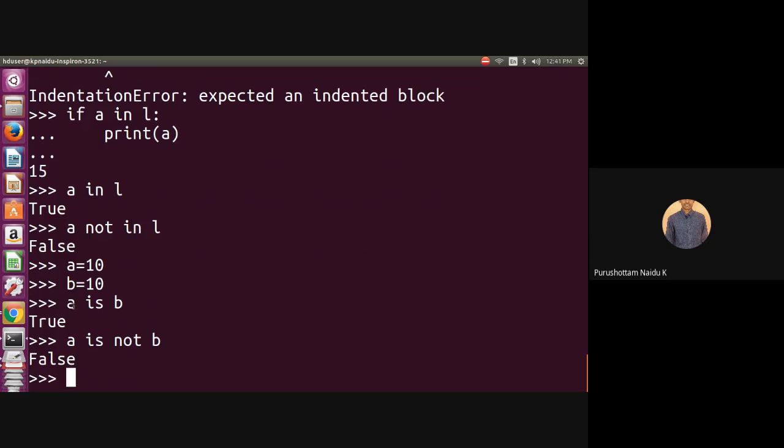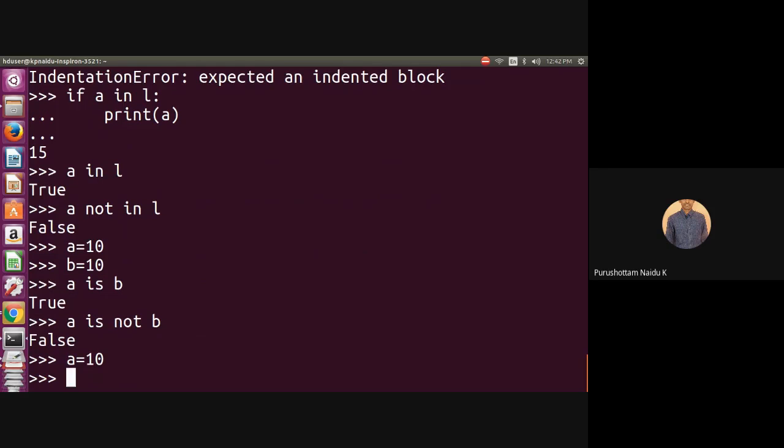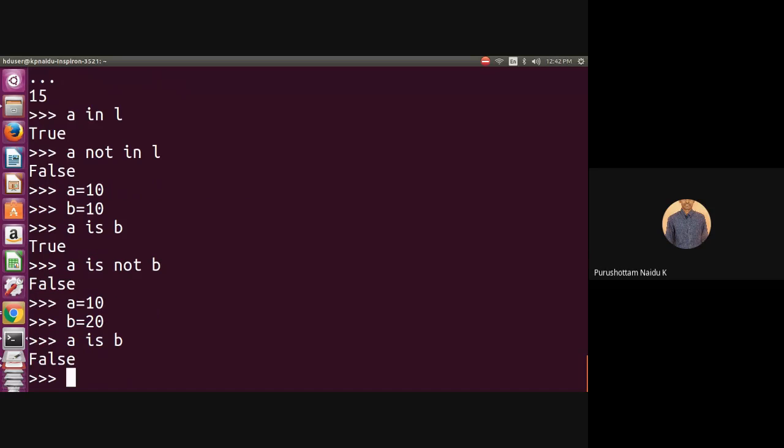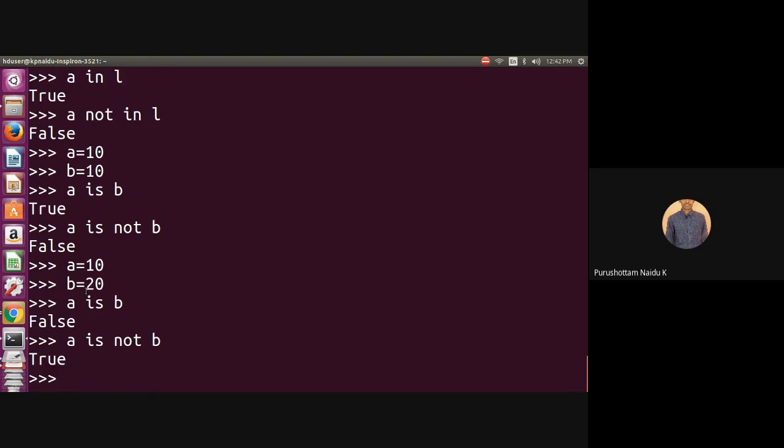So a is b means a and b are operands, and if both are the same it returns true. Is not means a is not b, true if both are not the same. For example, a equals some 10, b equals some 20. Now a is b is false, and a is not b is true, because both are not the same. These are called identity operators.